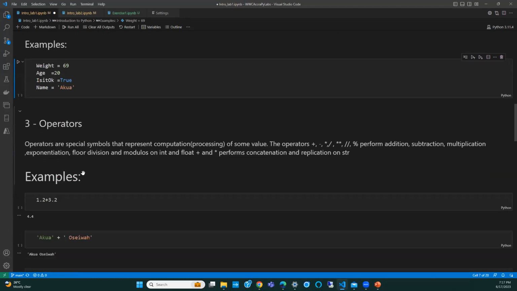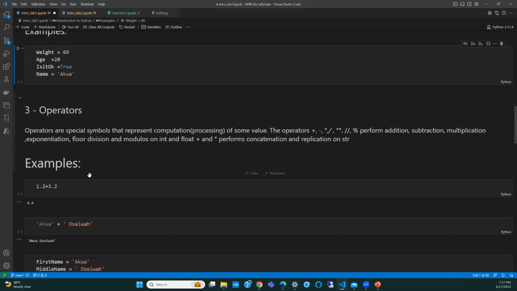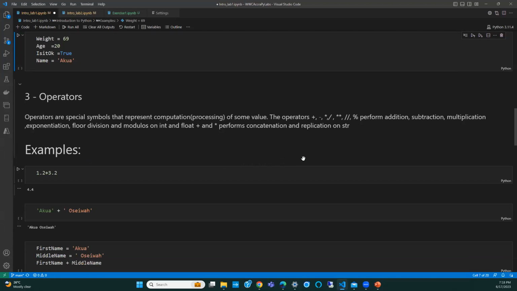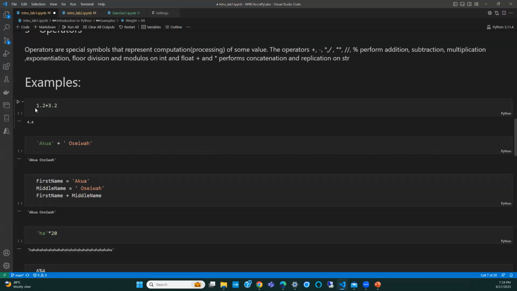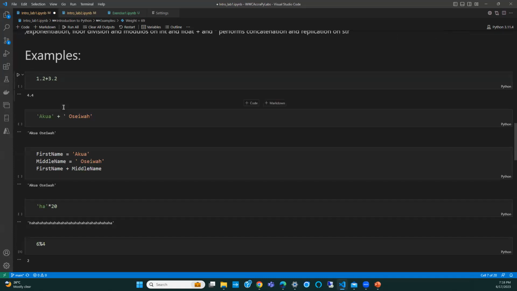All right. Then for our third item, we looked at operators. And operators, we mentioned, are special symbols that represent some computation or processing. There are lots of operators, but we looked at some of them. So we had addition, subtraction, multiplication, division, exponents, floor division, and modulus, right? And we had some examples here of adding two numbers.